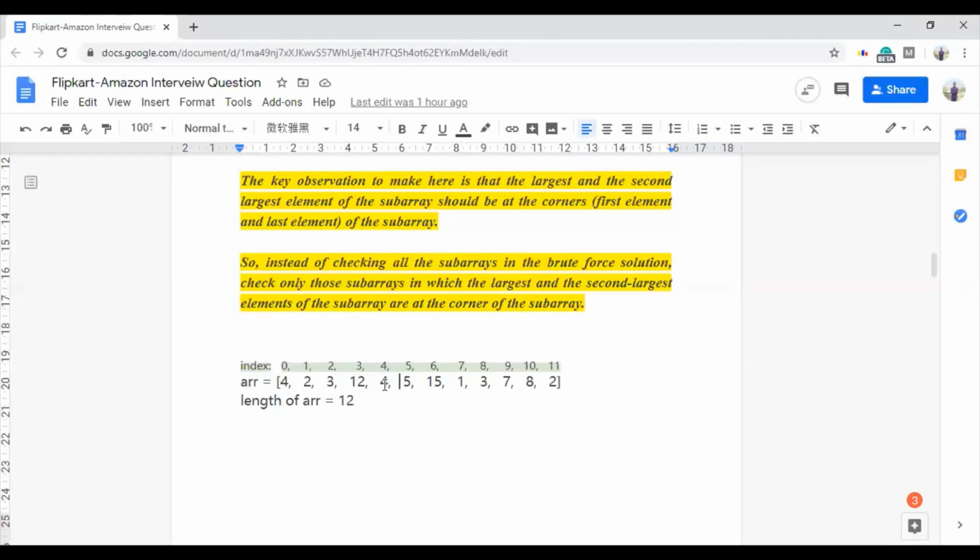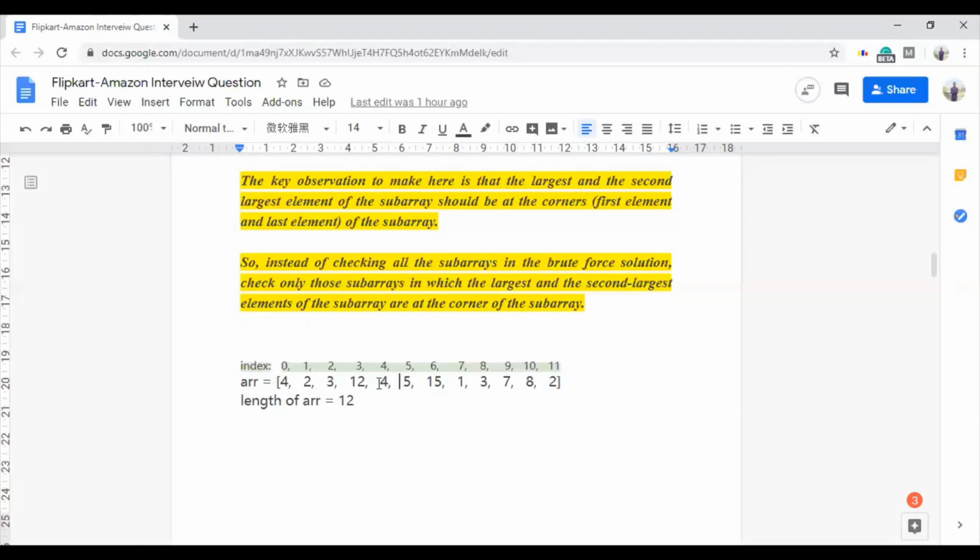And our maximum or second maximum element can update, and over there as well we can find a valid subarray, right? Because in that case also the maximum element and second maximum element will be at the corners or at the ends of the subarray. So we can decrement the jth pointer because we can find an element which is greater than the ith element, right?